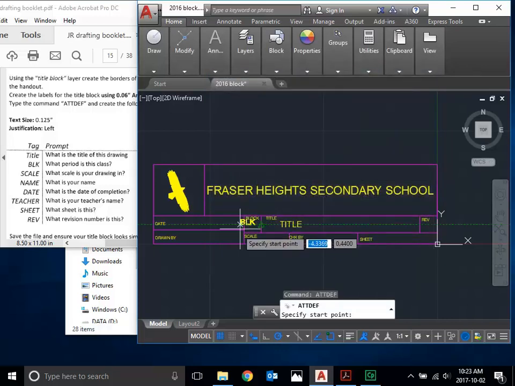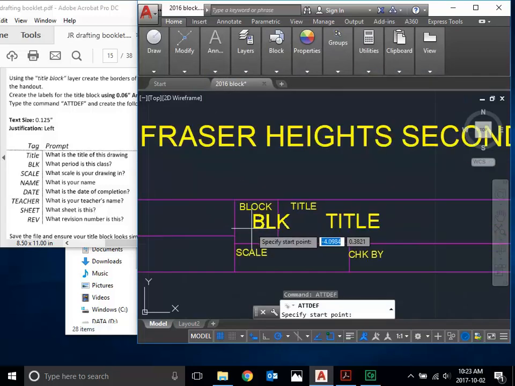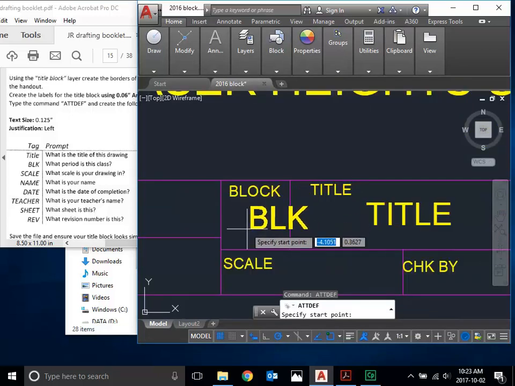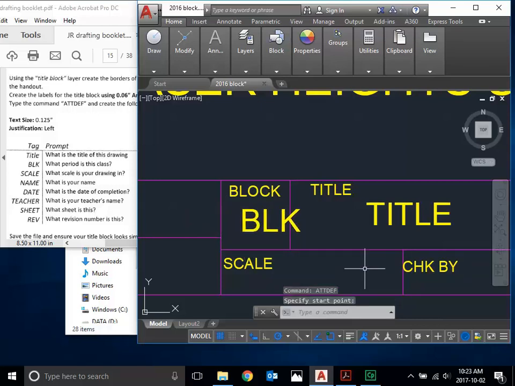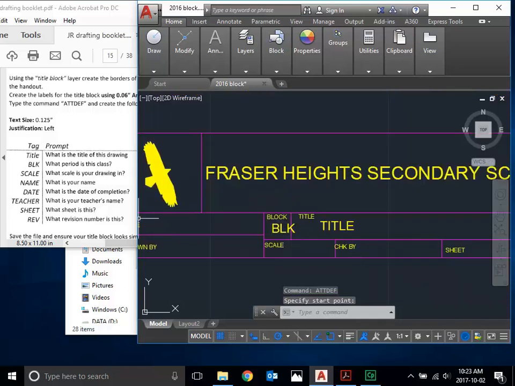This one's kind of tricky because people don't like doing this because it bugs their OCD. But when you center this one, I want you to center your cursor with the center of the square. So BLK is actually going to extend outside of the little box, and that's okay. Because if you center it the other way, when the letter actually puts itself in, it's going to be over on the left side of the square. That's also going to bug your OCD. So let's put it here like this. Centered in the square, BLK. Next one,